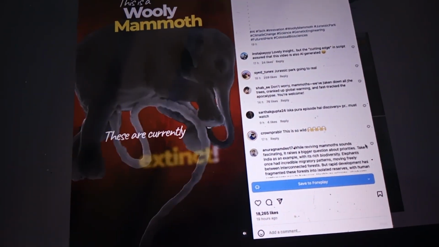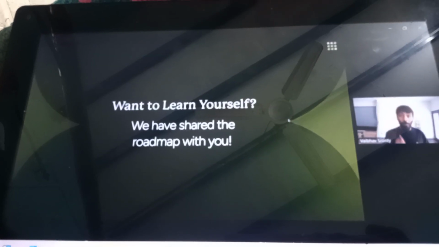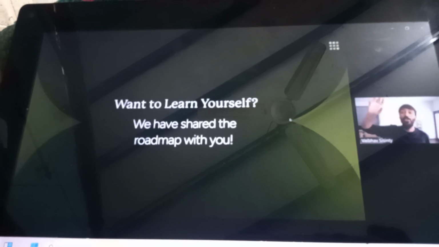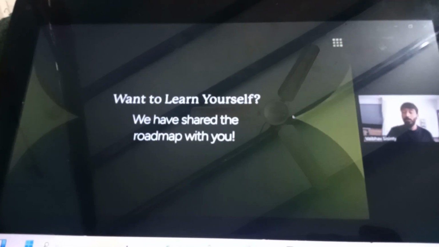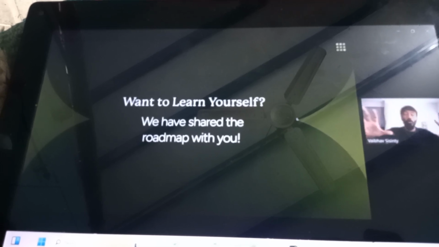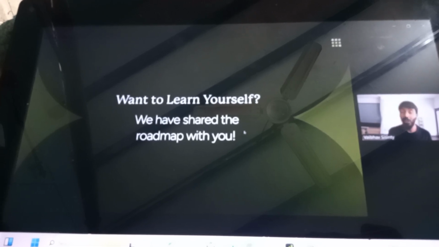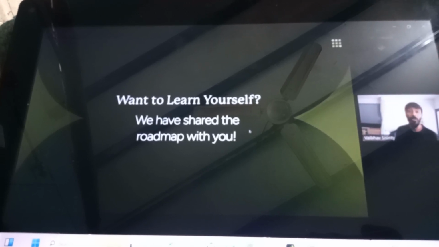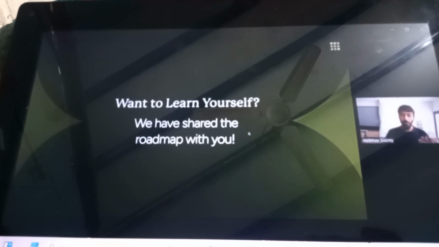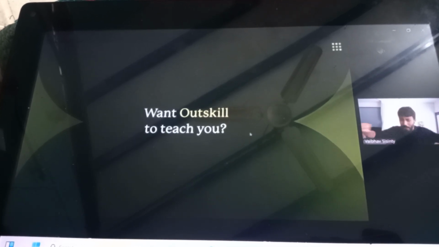These are currently extinct, but this company is bringing them back to life. Leveling yourself up to become an AI generalist. If you're a non-engineer, or an AI generalist engineer if you are an engineer, you have to be that person, right? Irrespective of whether you know how to code or you don't know how to code, you have to become an AI generalist. And the roadmap is shared with you already, and I will ask my team to share the full detailed roadmap with you guys as well. But there is a way that we can teach you as well. So far, I've given you the fully detailed roadmap so that